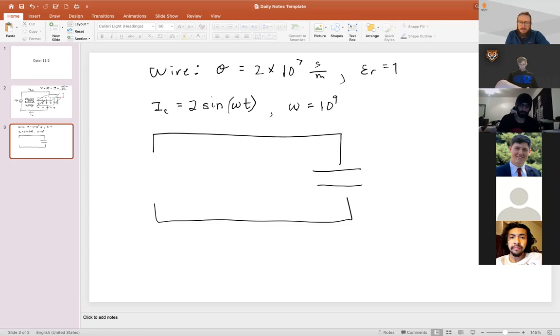With a radial frequency of 10 to the 9th. Excuse me. And we want to find the displacement current. So we have conduction current, and we want to find the displacement current. So for the conduction current,